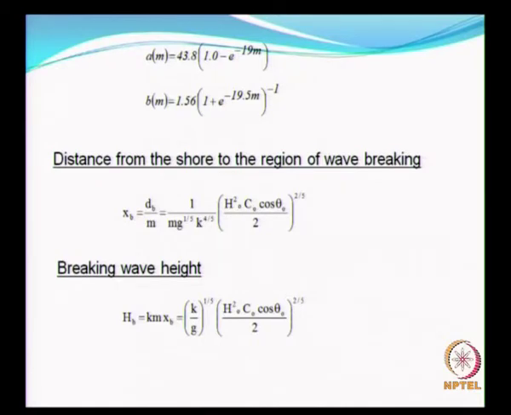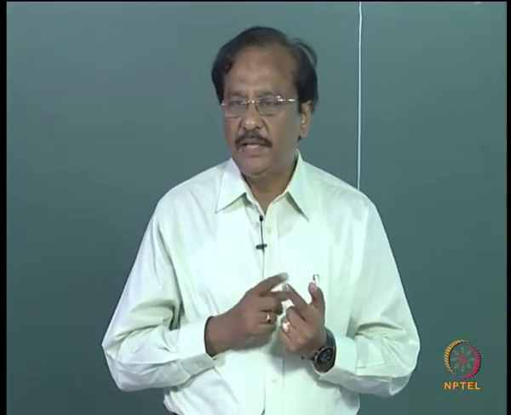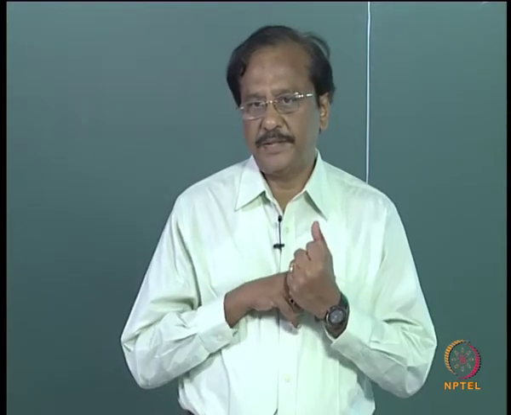And once you know the slope, you know that the surf width can be calculated from dB, that is the depth of breaking, and the beach slope. So using the above formula, you can finally arrive at your breaker wave height as a function of the deep water wave height, deep water salinity, deep water direction. So this formula considers the beach slope, deep water wave height, deep water salinity, as well as deep water direction.